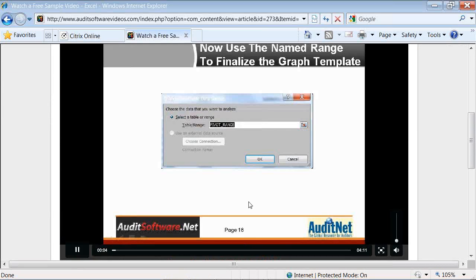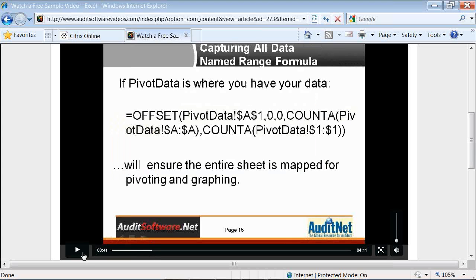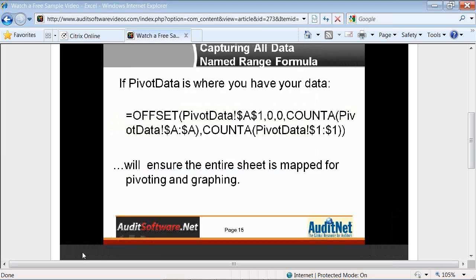Just going to mute that. What basically this talks about is how you could set up a pivot range, named range, and I'm just going to skip through this so I don't waste your time with it. But here is basically the main premise, that the pivot range that we set up needs to equal this formula. And you copy it every time. It's just literally copy it in some way and save it and then use it.